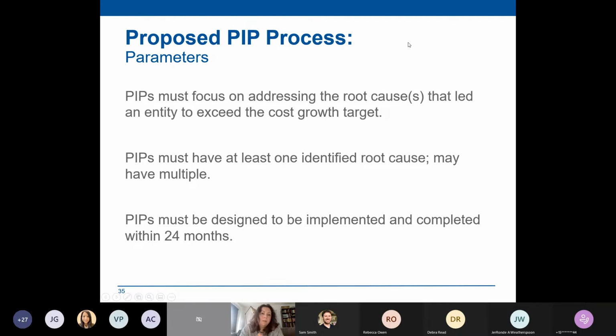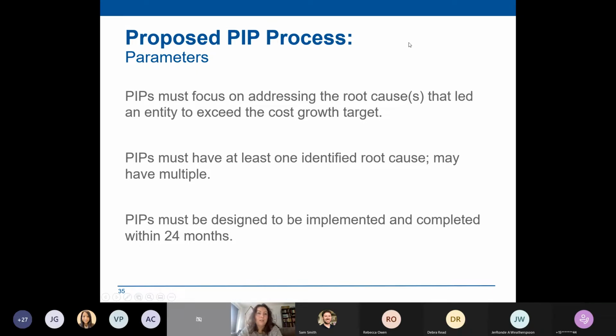So some of the parameters for the proposed PIP process and what would be in a PIP itself. A proposed PIP must focus on addressing the root cause or causes that led an entity to exceed the cost growth target. So we know that it's very unlikely, but possible, that there's going to be just one clear thing.